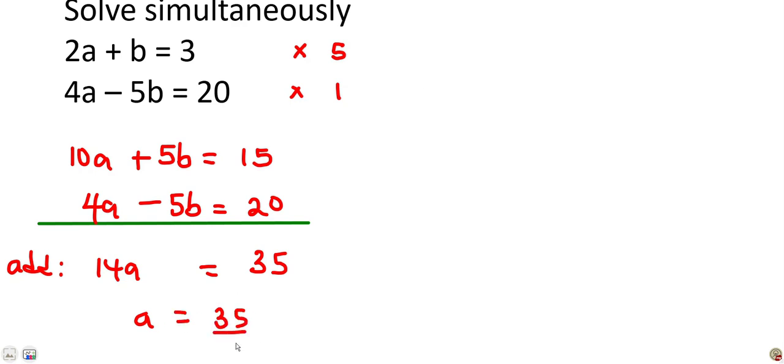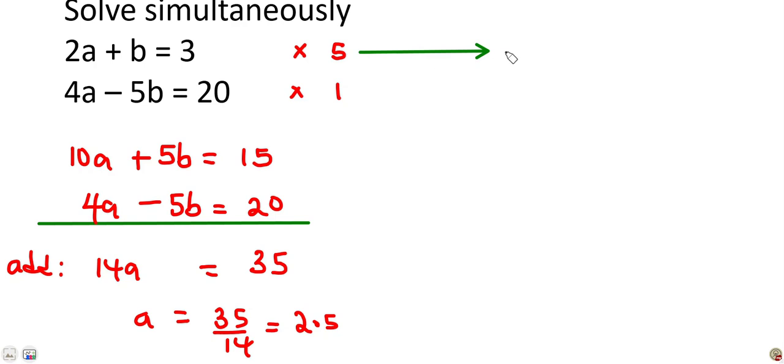35 divided by 14 gives me 2.5. So what I'm going to do is substitute this value for a in either the first equation or the second equation, but I always want to use the simplest one where possible. So I'm going to use the first one, and I'm going to substitute this